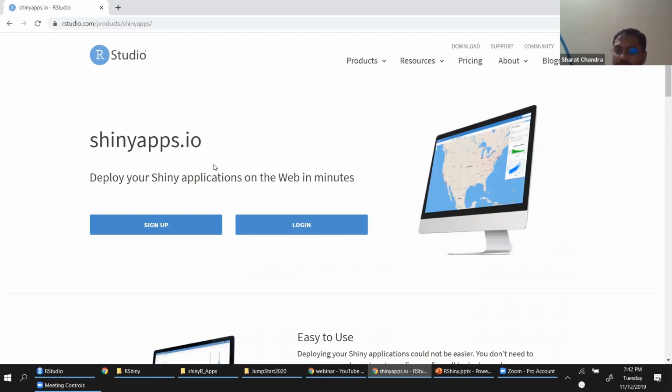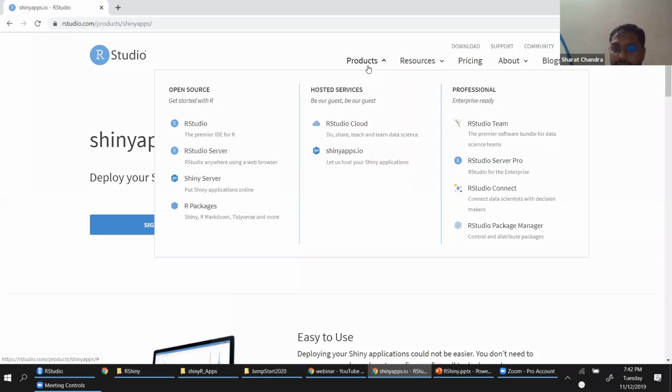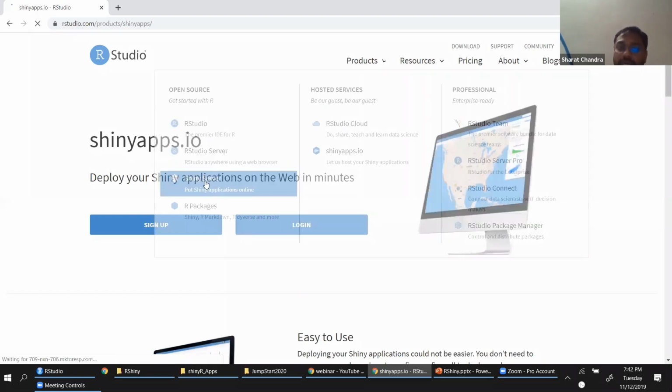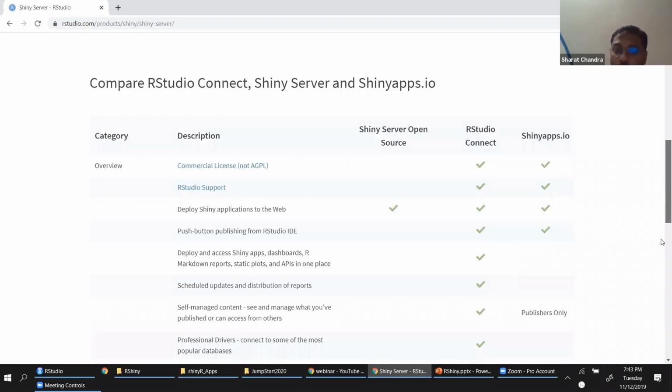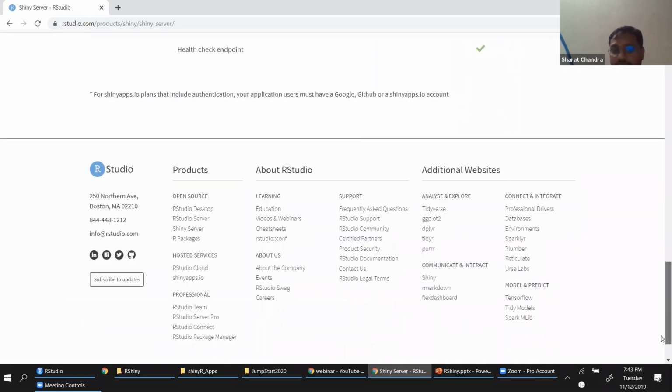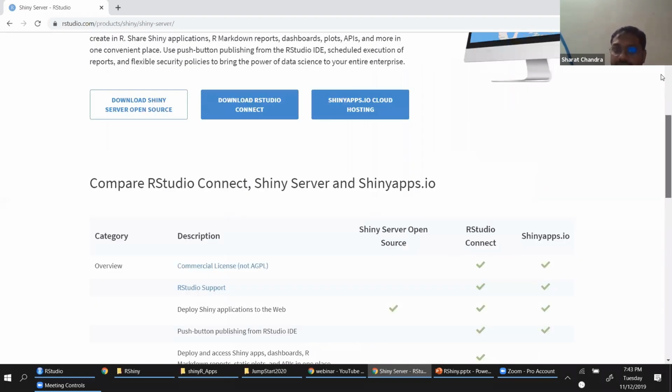You just have to log in, create your applications, and share the URL with your clients. Very easy. So this is how you can start working with R Shiny, which is going to help you develop and deploy web applications.